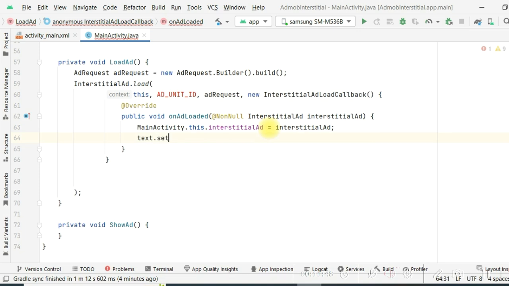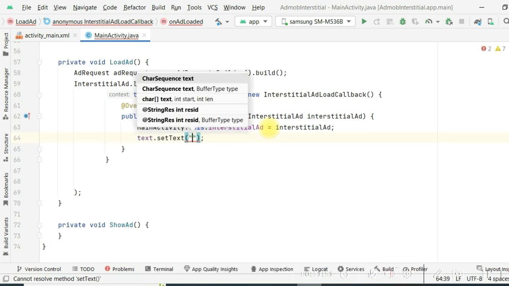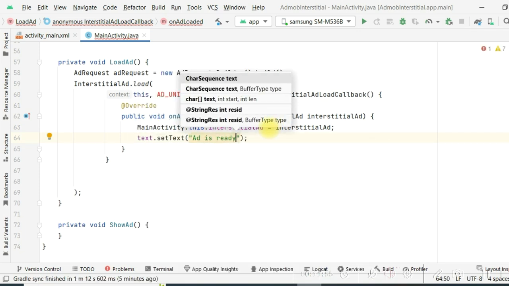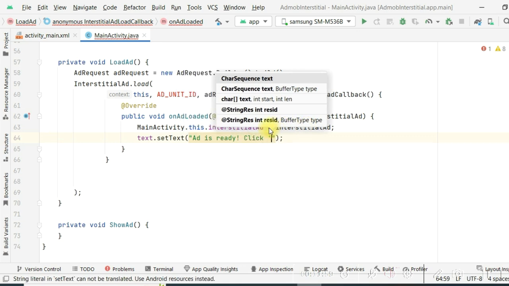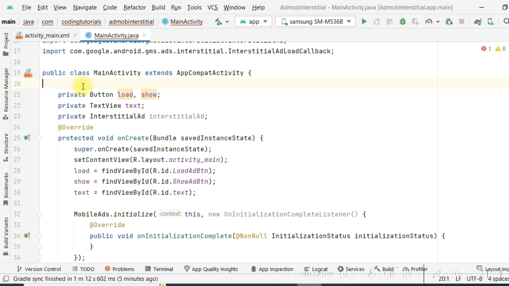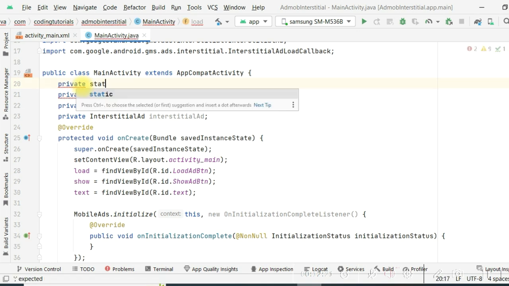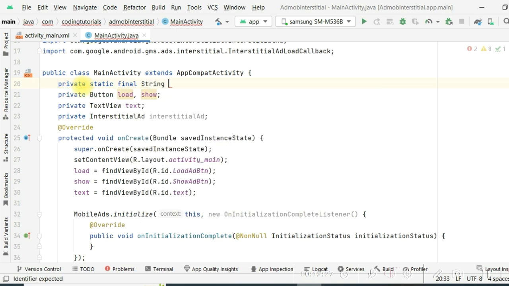Now change the text.setText to "Ad is ready, click show." So now we will declare our ad unit ID. Write private static final String adUnitId equal to... when you are testing the code, you should use the test ID,